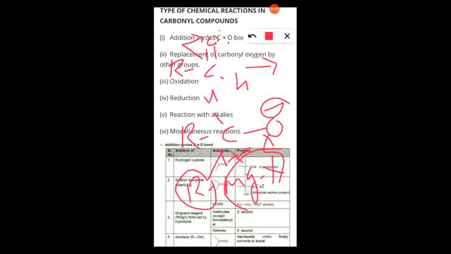What happens when aldehyde reacts with Grignard reagent? So always in the first step, the alkyl carbon bond joins with carbon and MgX joins with oxygen to form, what will it form? There is a formation of a bond followed by hydrolysis to form secondary alcohol, and ketone will give tertiary alcohol.